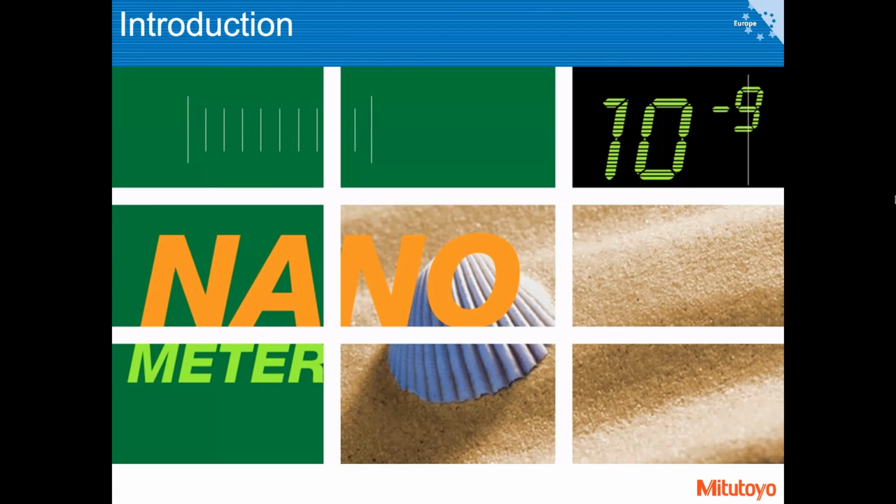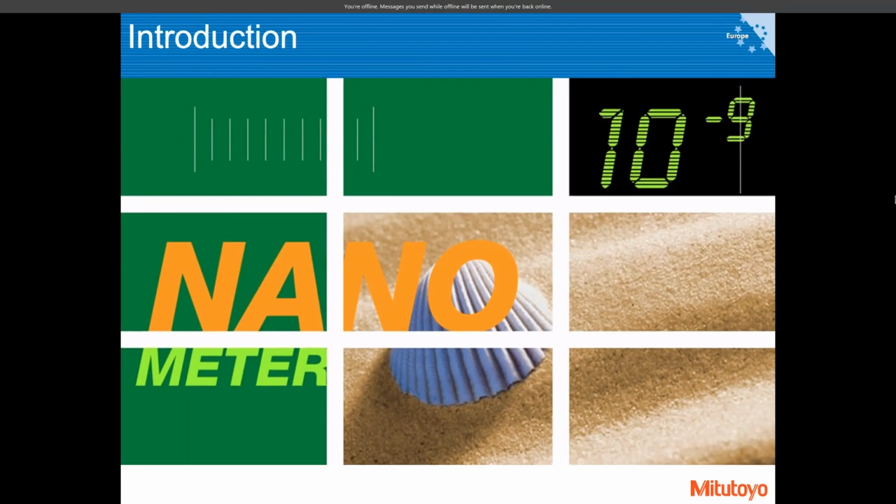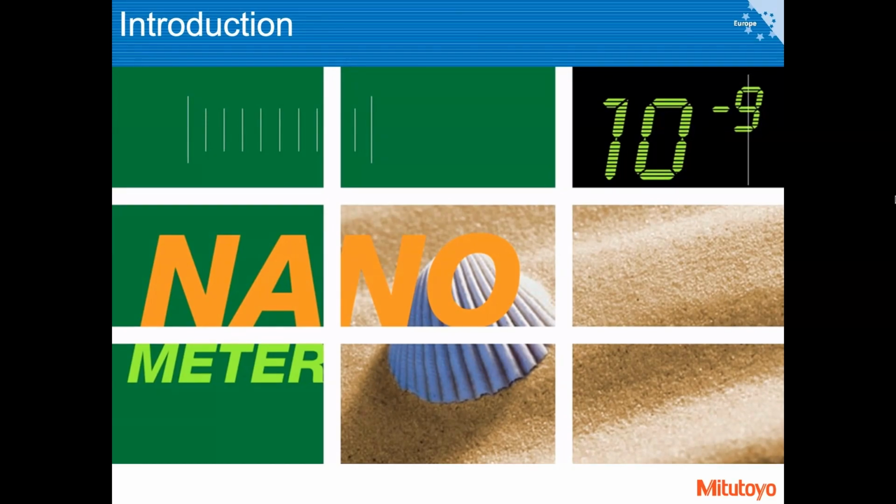So we are dealing with very small measurements, but they can influence our function very drastically. Also, besides the already mentioned examples, now I actually forgot to mention that surface roughness plays a